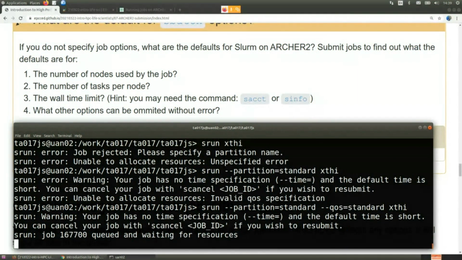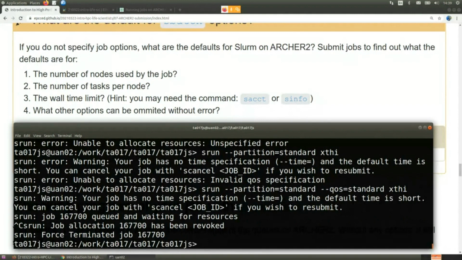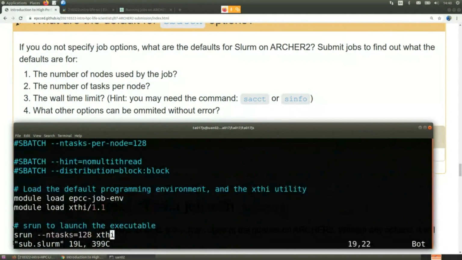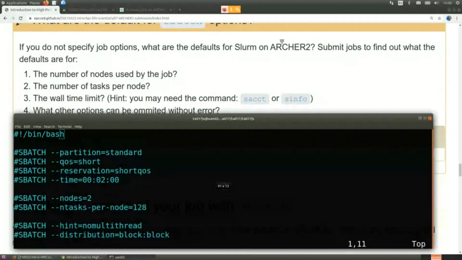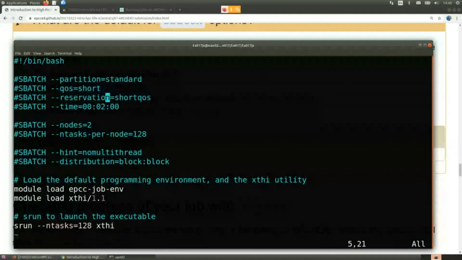And now it's running, or at least it's queuing. I don't want it to queue because I want to get some information about this job. So instead, let's go in sub.term. And at the moment, the only things that I had were a partition